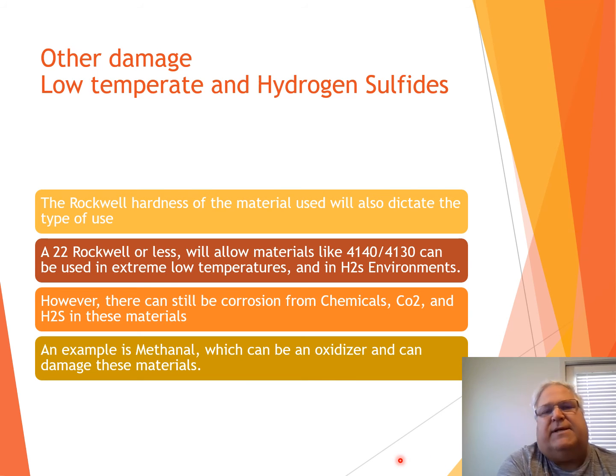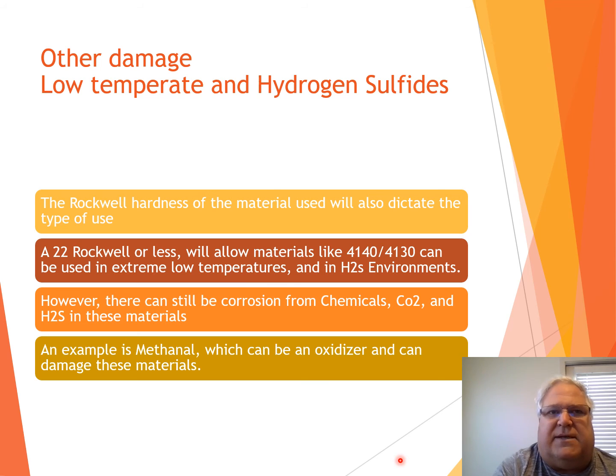Low temperature, other damages, low temperature and hydrogen sulfides. Well, you got to make sure you use the right material. Typically, you want a material that's less than 22 Rockwell, a 4130, 4140 should have a real decent tensile strength. We typically look at about 96,000. There's a lot of people that use inferior material. Unfortunately, it could be called 4140 or it is 4140, but it doesn't necessarily have that Rockwell that you're looking